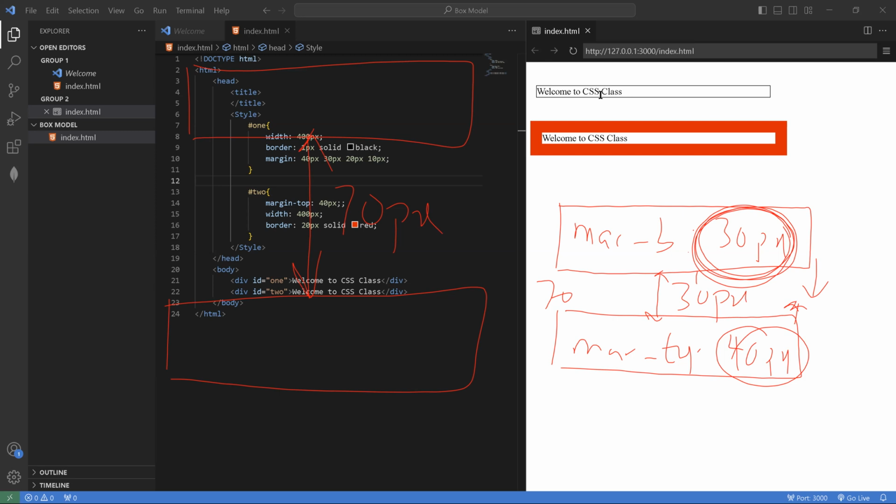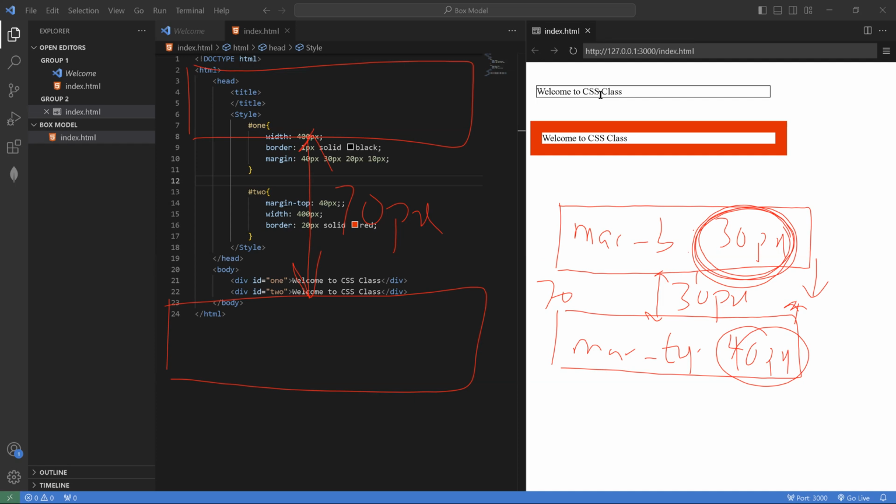So that is what margin collapse does. It will only recognize the smaller margin between the two, and it will take the smaller value between the two values. I want you to note that,